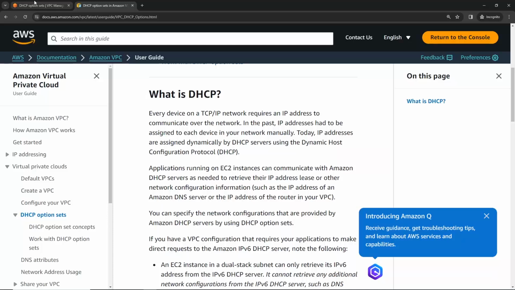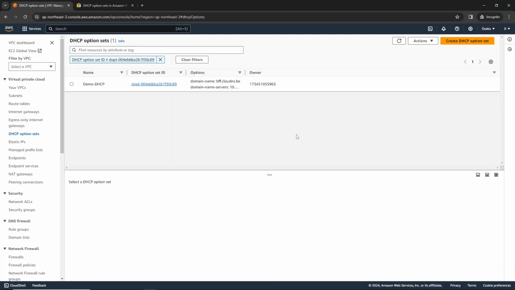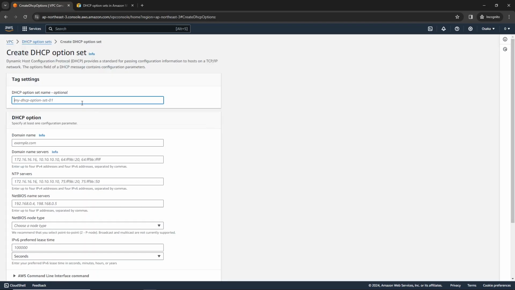So in this case, what we can do is that we can set the default DNS server that we want all our devices to connect to, so that everyone will actually go to the DNS server to resolve all the devices' IP addresses. So what we can do now is to create a DHCP option set. So we can actually give this a name, BFF